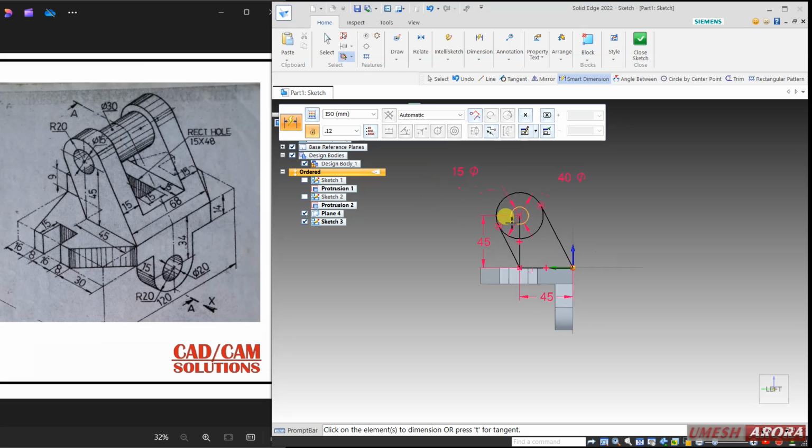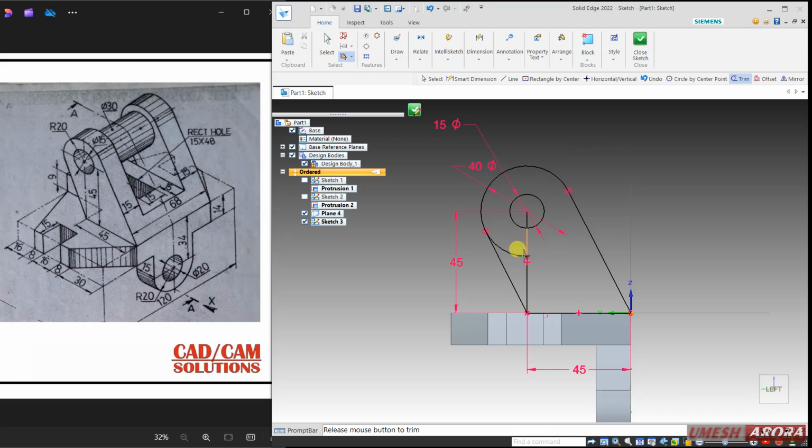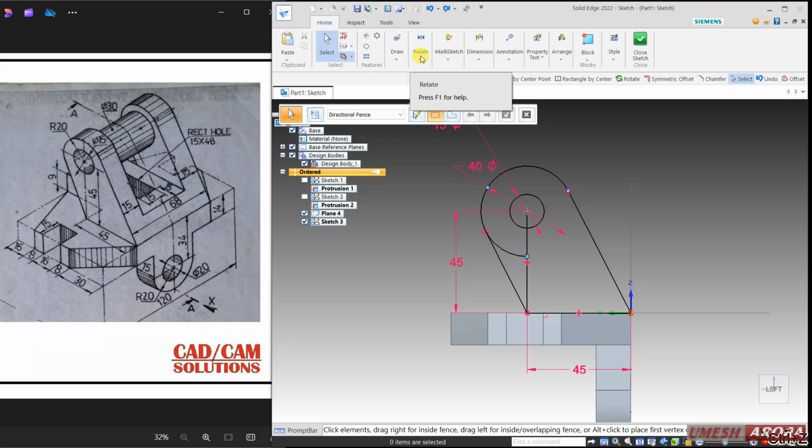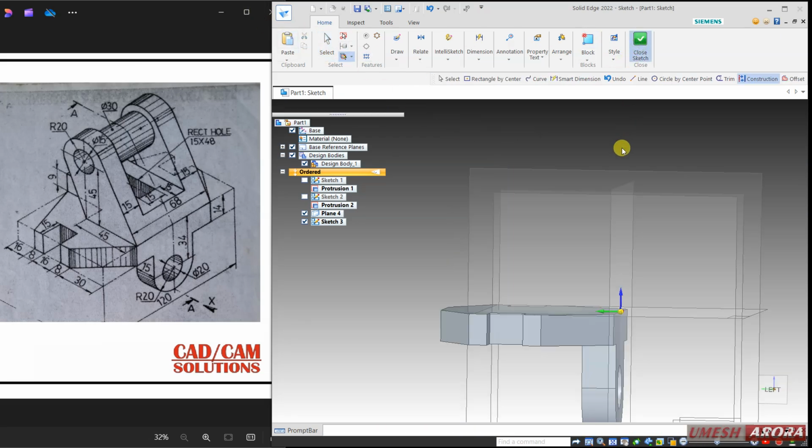Now zoom in and use trim. I want to trim it. Again use this trim, remove it, and this line is a reference line, so make this line a reference and close and extrude it,